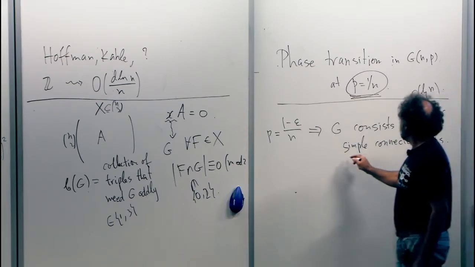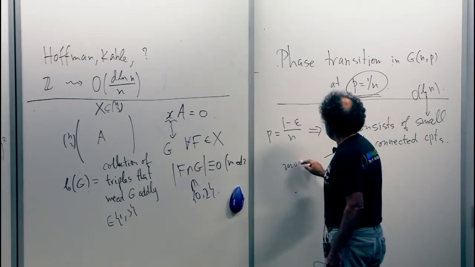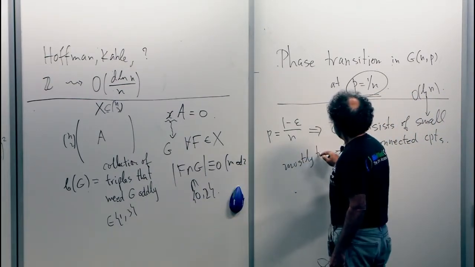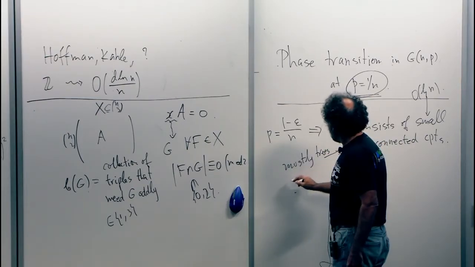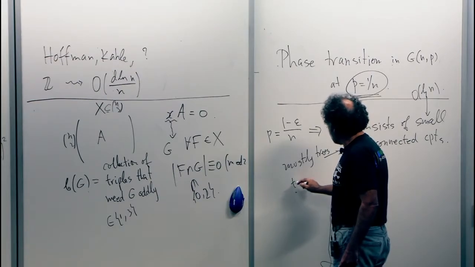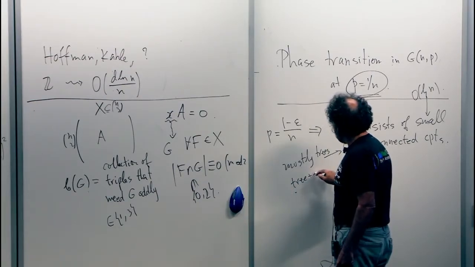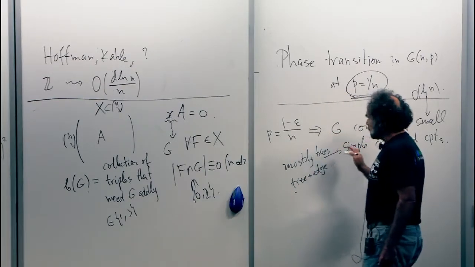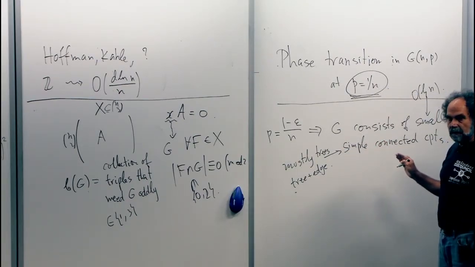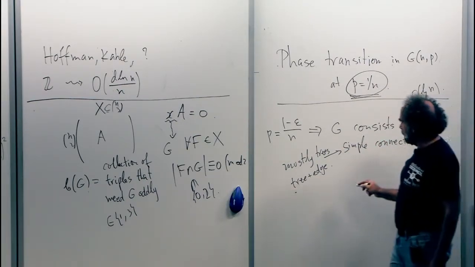And simple means they are mostly trees, with the possible exception of a constant number of unicyclic components, so a tree plus an edge. So, a very simple description. What happens around p equals 1 over n,